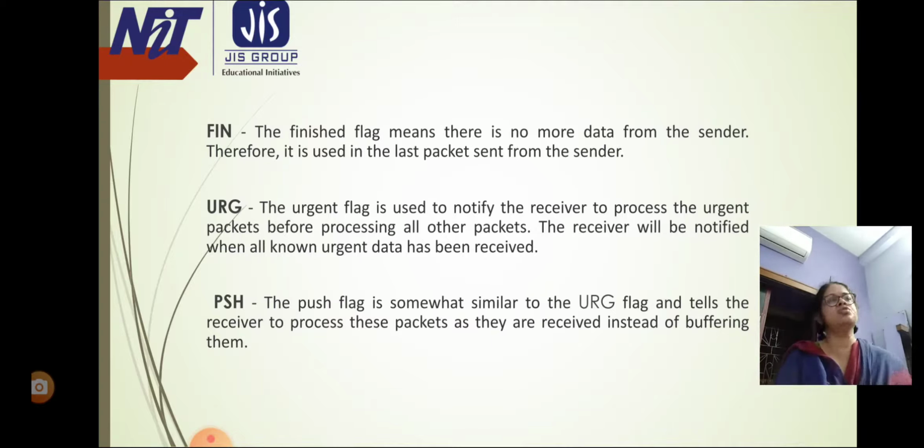It is used to request connection termination, that is, when there is no more data from the sender, it requests connection termination. It frees the reserved resources and gracefully terminates the session.